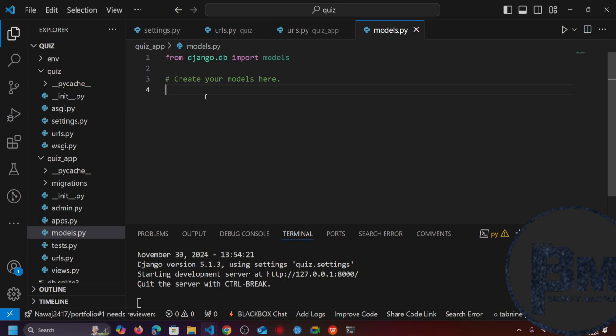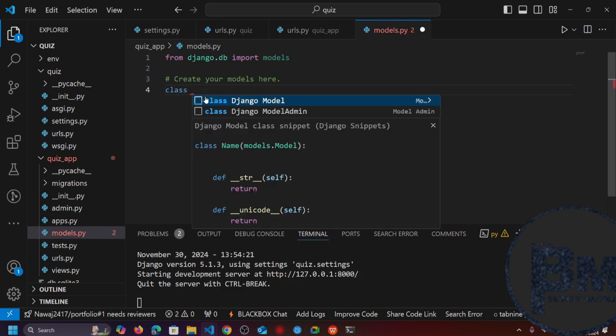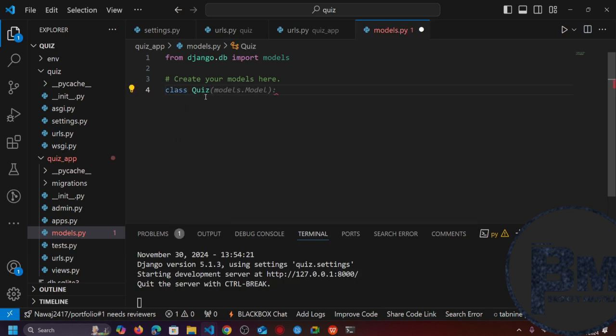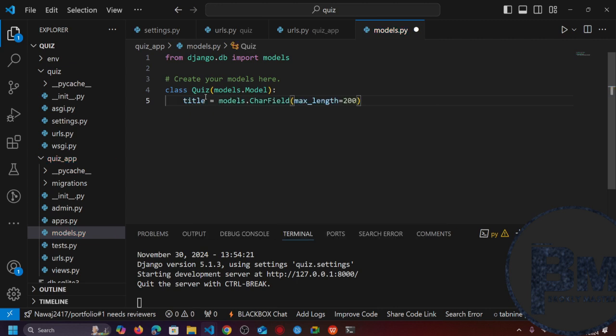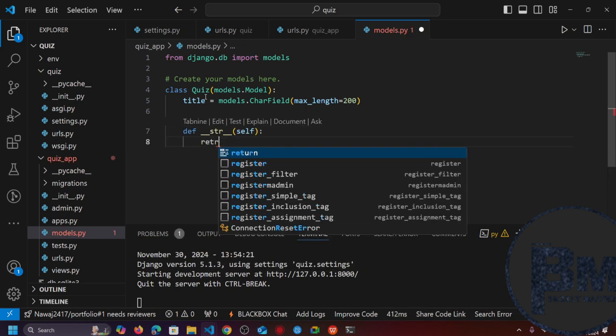To do that, let's create a class and define it as Quiz(models.Model). After that, let's define title equal to models.CharField. Let's take a maximum length, whatever you want, just take it. And after that, let's define the string method, and here return